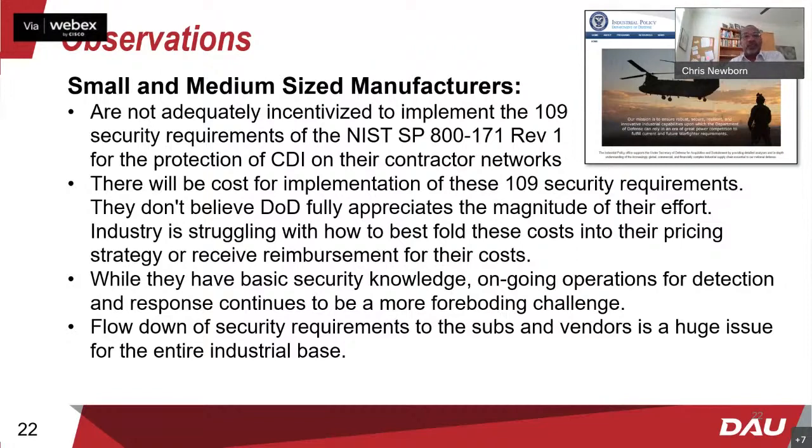And then the last one is the flow down of the security requirements. How low do you go? One of the problems we have in the government, as well as the prime, is the distribution of controlled unclassified information. We want to push it down to the lowest level and then put the requirement to say you've got to safeguard everything, whereas it may only require a piece of the information to perform what they need to do from a contractual standpoint.